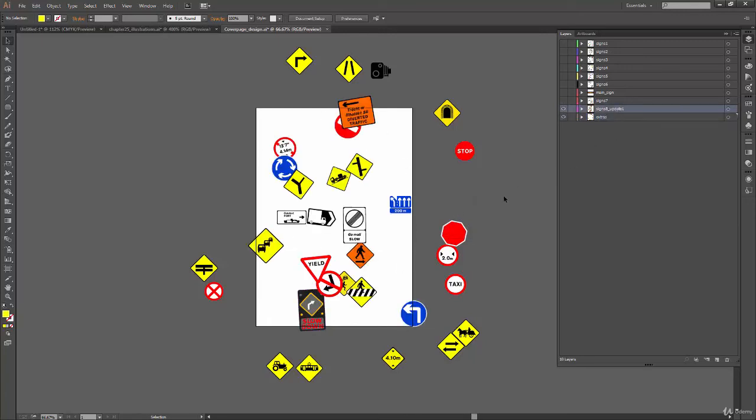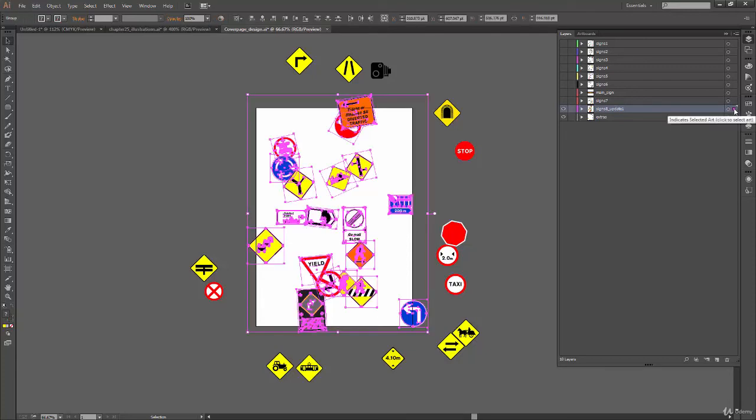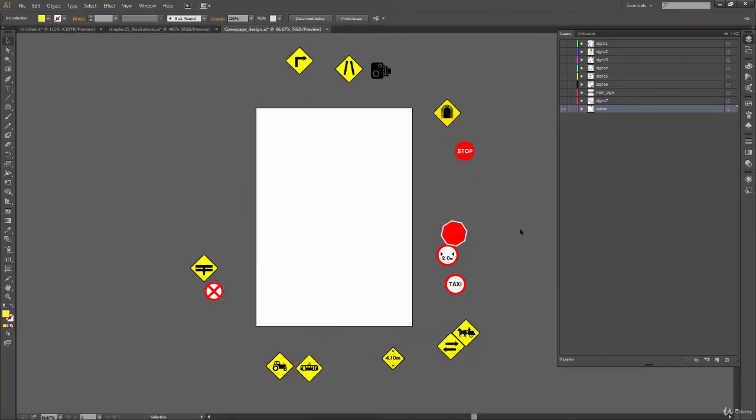So if you are actually going to delete some layer, it is a good idea to use this option first. Move all your shapes from one layer to another and then delete an empty layer. But if you actually want to delete the shapes along with the layer, then just press this icon and you have your shapes and layer deleted.